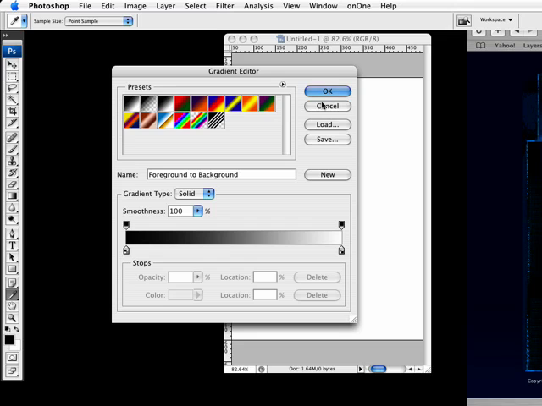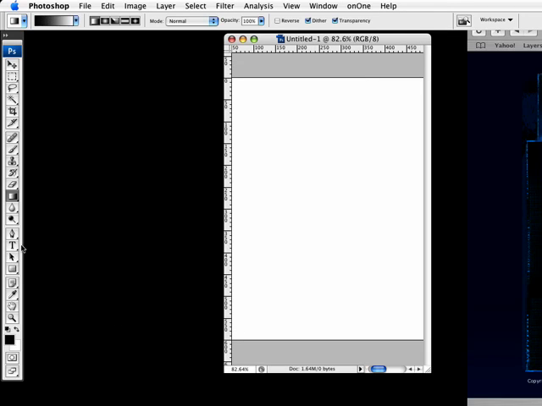Rather than switch it in the gradient, I'm going to hit the letter I to access my eyedropper. Now notice the eyedropper samples out of any area, but the moment that I walk out of the document, it doesn't work. So what I'm going to do from here is click. Notice that over here, it turns white because I'm sampling white. But notice if I just click and hold it down, now if I move over here, it's sampling blue, it's sampling the apple, it's sampling this. And if I move out of the program altogether,